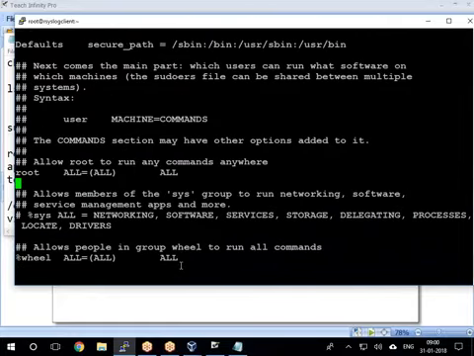Here we have to specify the username and the command names, which commands you want to allow to run. Command names, in the sense, the binary path we have to specify. So if you want to allow a test user to create user accounts, we have to specify the useradd command binary path here. Example, test